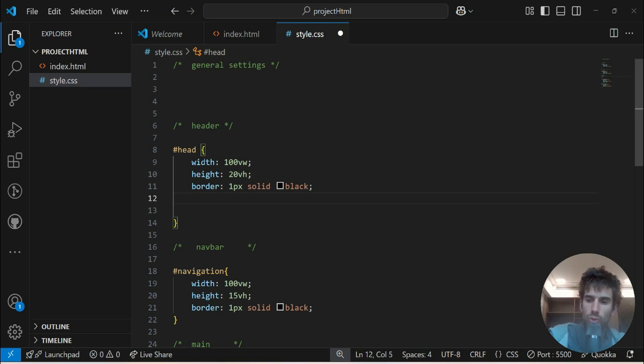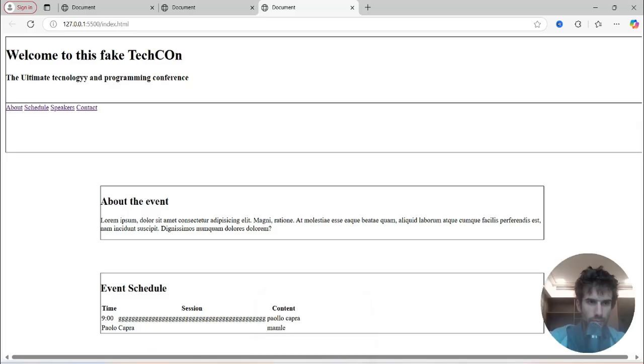So in order to align all our text at the center, we don't really need